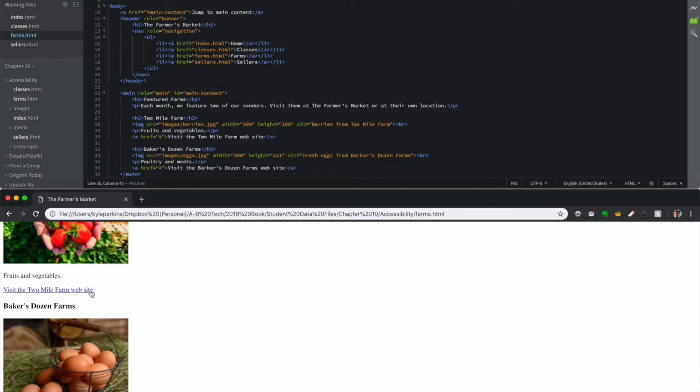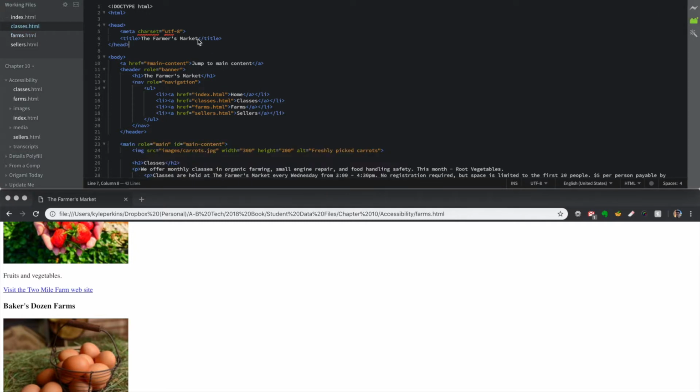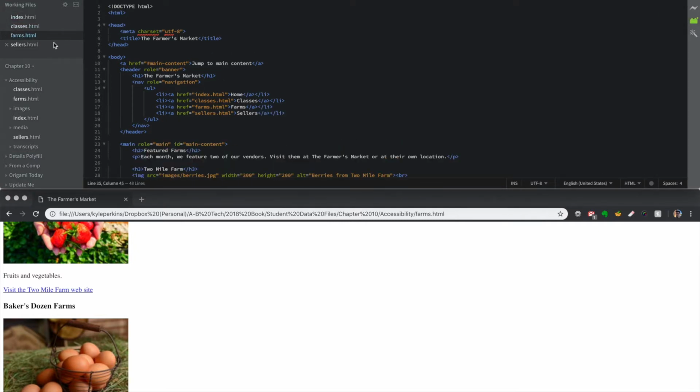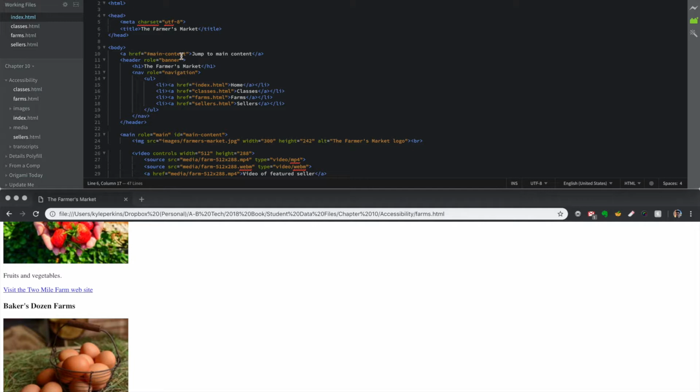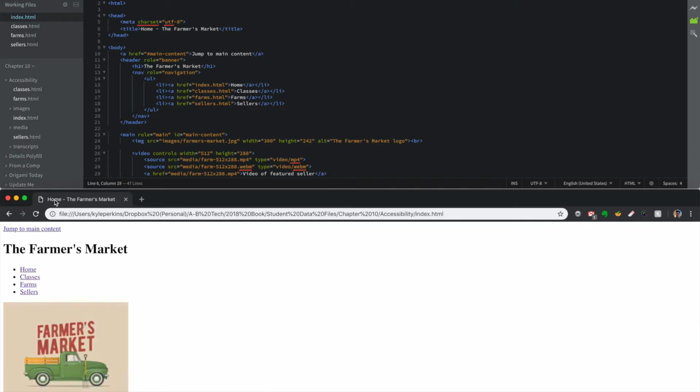Now we have meaningful titles as well. If you take a look at the title, you'll see that every single page has the exact same title. And if you put this through a checker, you'll notice that it'll give you an error saying that every page has the same title. So if someone goes to this page, we don't know what page we're on because it just says the farmer's market. What we're going to do is add some items to each page to make it more meaningful. For the first one, home. Let's check it out. Save, go to home, and now it's more meaningful because we know what page we're on now. Go to classes,